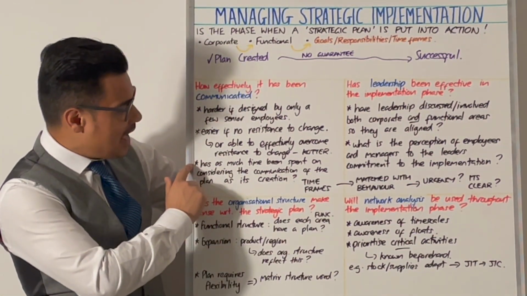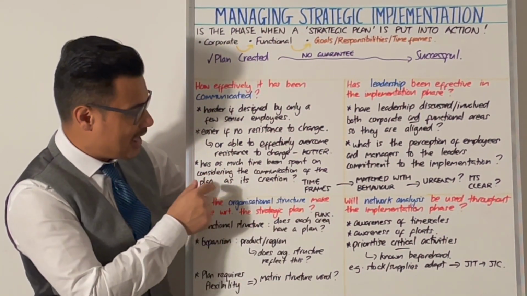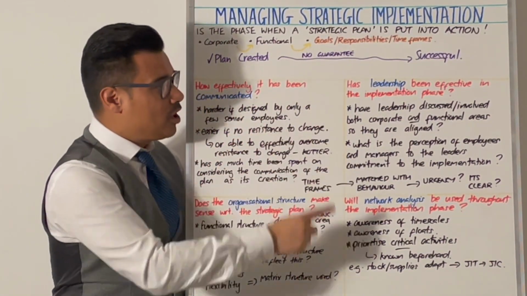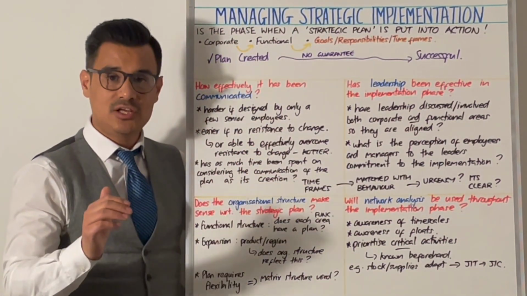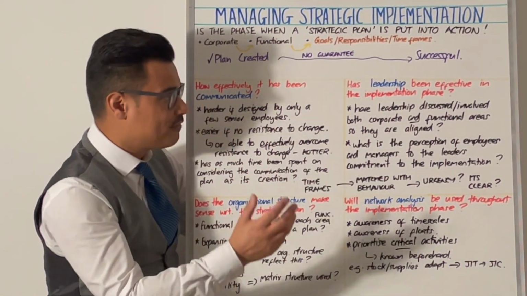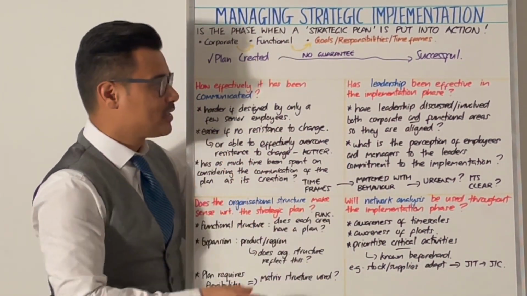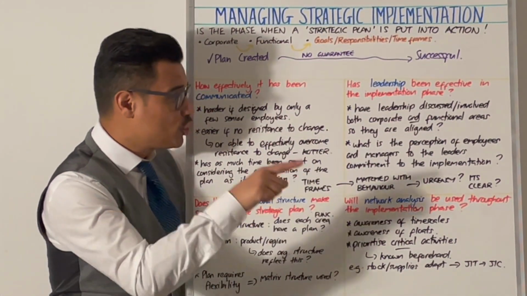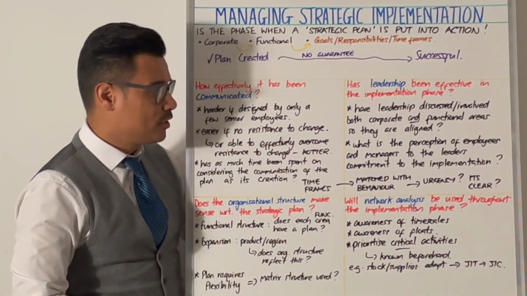Next thing to think about is, has as much time been spent on considering the communication of the plan as its creation? So there are things to think about in terms of the communication of the plan. Alongside that is the leadership. So has leadership been effective in the implementation phase? So has leadership discussed or involved both corporate and functional areas within the plan? And are they aligned? The next thing to think about is, what is the perception of employees and of managers